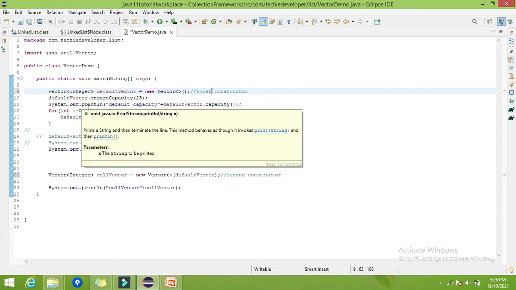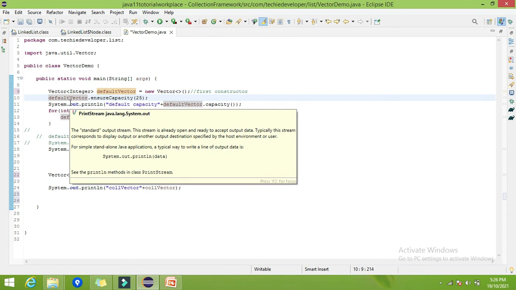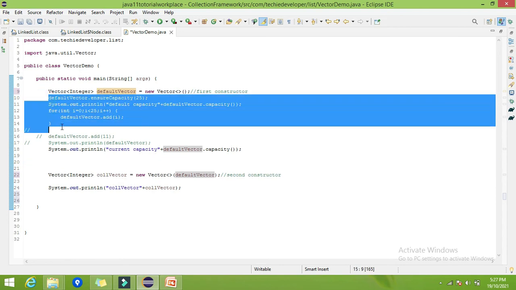The answer is yes, we have the third constructor which takes the initial capacity as an argument. That time we need not write this ensureCapacity method, because at the initial level only we are going to specify the capacity. So let me comment this all.